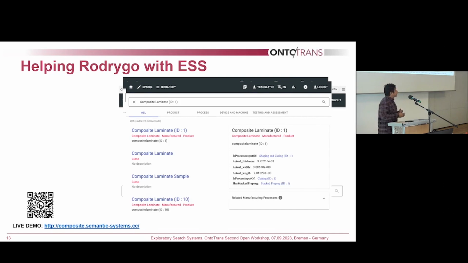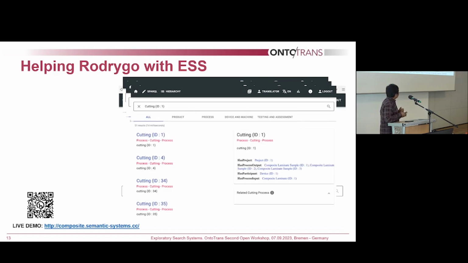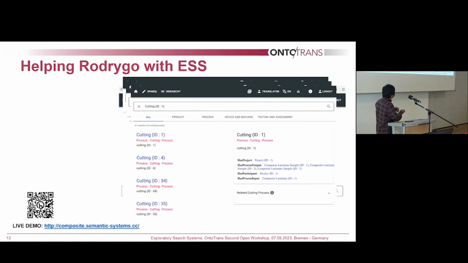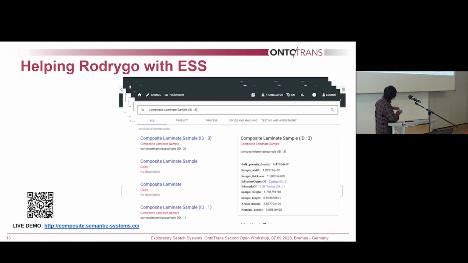This is the composite laminate that's being produced by this process, this shaping and curing one, and it already has a different property on it. And then in the next process, they will cut this into several pieces, like the three outputs that are being produced by the cutting process. And then I will go to one example of it, one sample that's being generated, and this is what will be used by the